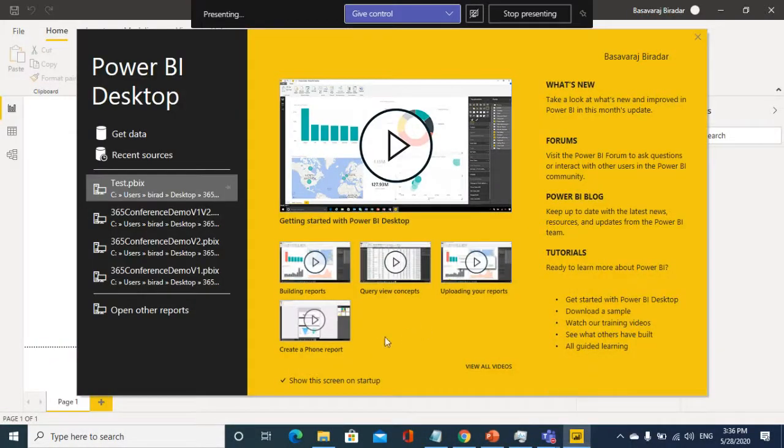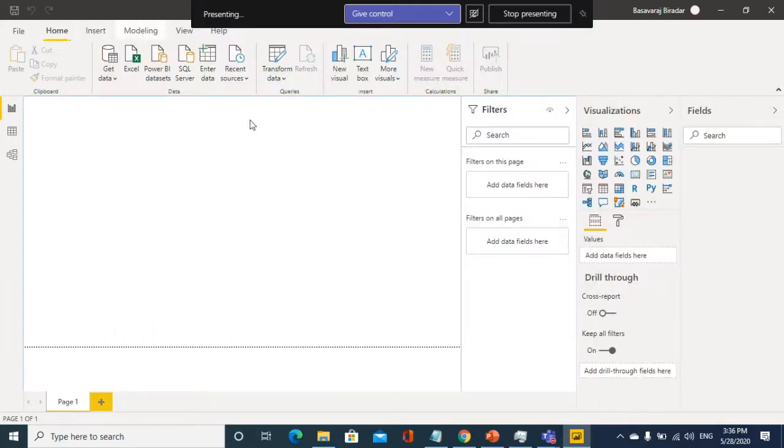Today for my demo, I'll be using the coronavirus data published by Johns Hopkins University. When you open Power BI desktop, this is the first screen you'll see. What you can do is close this. There is an option to get data here also, but inside the console there is also an option. So this is the Power BI desktop console, which is installed on your machine. Here, to get the data from various sources, we use this option, and Power BI supports 100+ data sources.